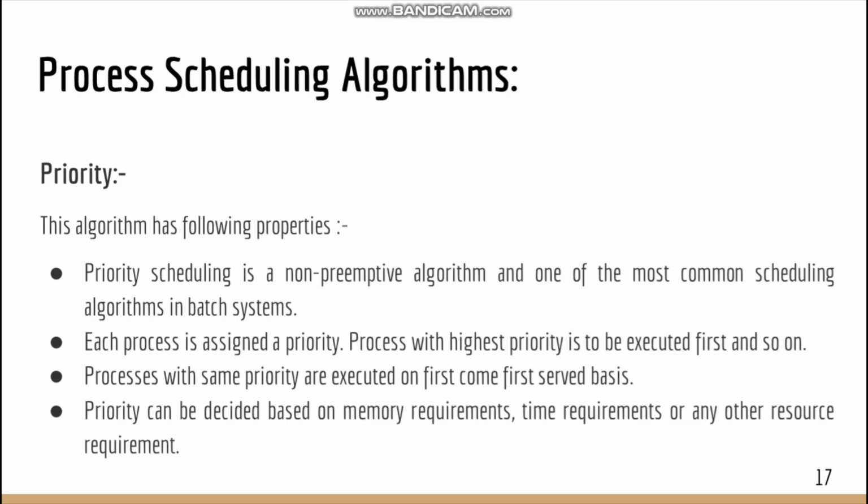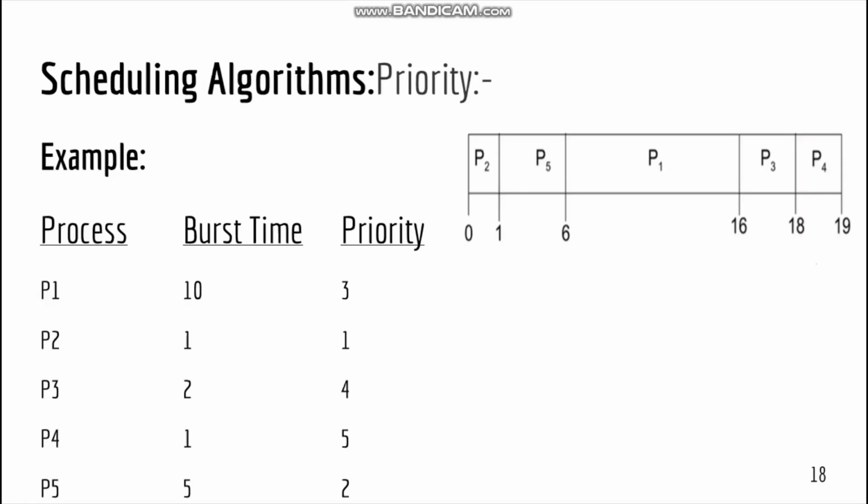So according to this algorithm, the process which has the best priority, which has the maximum and highest priority, will be executed first. And after this, the process which has less priority than the previous process will be executed later, and then all the processes will be executed according to their priorities from the highest to the least. So let us move towards another example of the priority-based scheduling algorithm to understand it better.